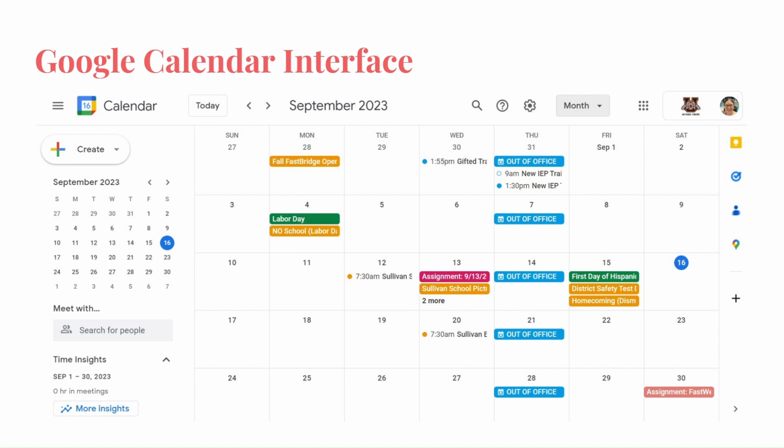So here's a quick look at the Google Calendar interface. I'm in the month view, and as you can see here, here's one of the disadvantages I was speaking of. When you have too many events, we're having to click on or move to the day view in order to see those things. Over here on the left, we have where we can create events,